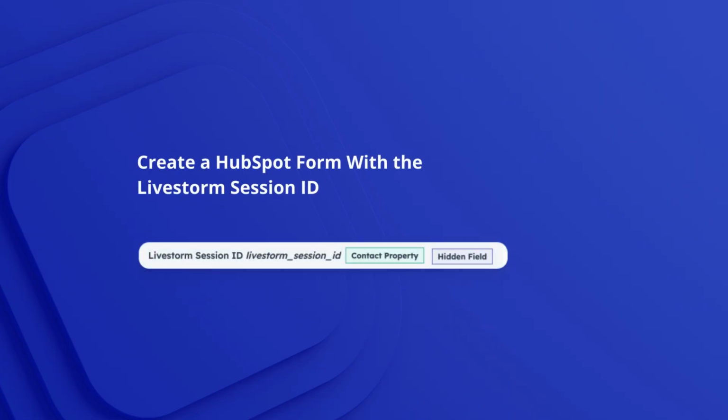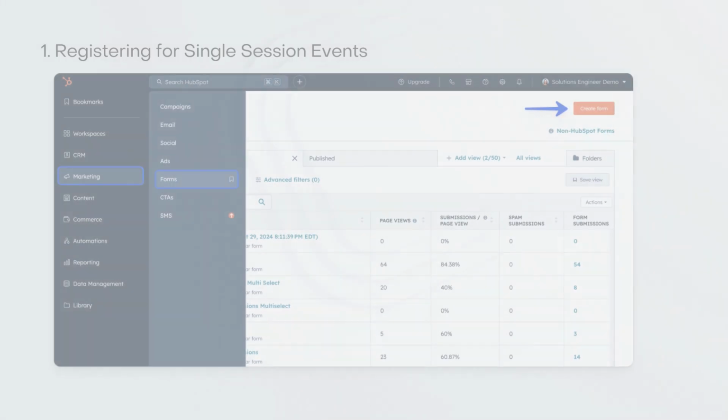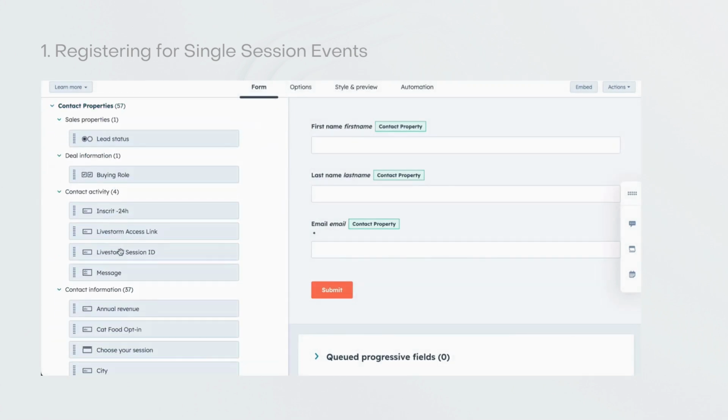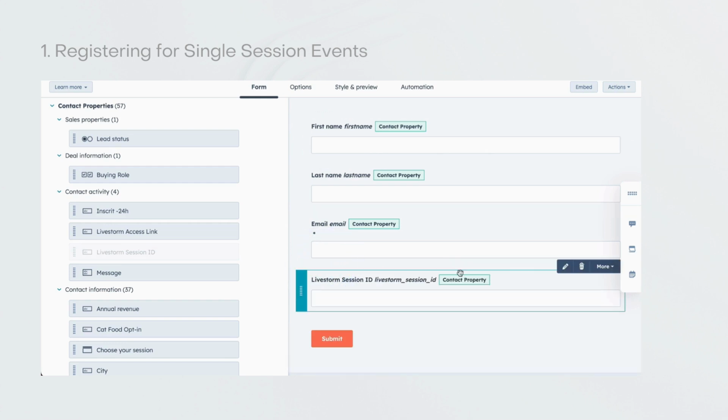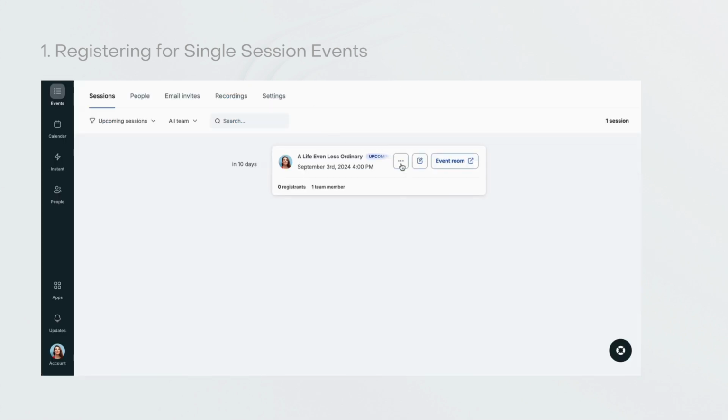The second step is to create a new HubSpot form and add the Livestorm session ID property to it. Go to Marketing, then Forms, and create a new form. Inside Contact Properties, find the Livestorm session ID property and add it to your form. Make sure to hide the field from the person filling out the form. Then, go to your Livestorm account, copy the session ID of your event, and paste it into the default value